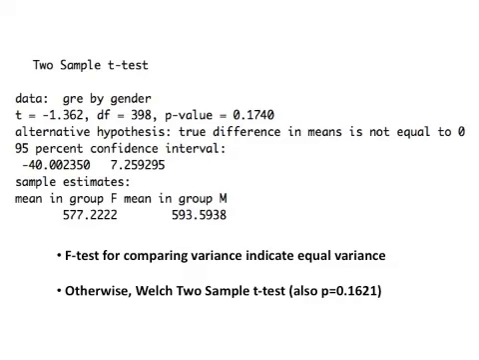If we have time, I'll show you next class what R looks like. Okay, this is the result. We have a t of minus 1.36. This is for the female minus the male, divided by the standard error of that. So the degrees of freedom is 398. The p-value is 17%,